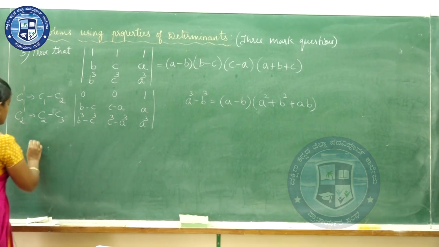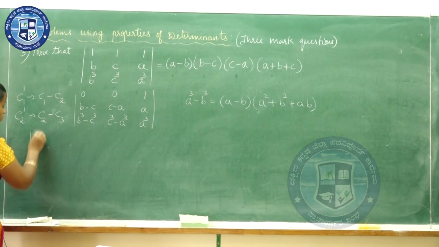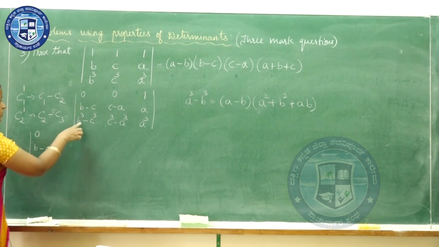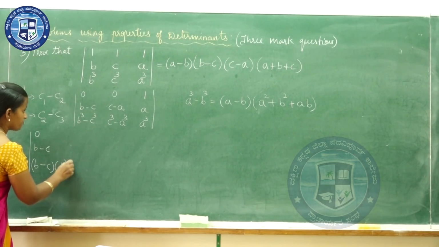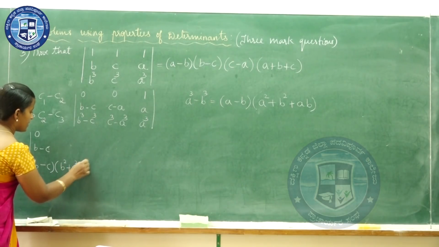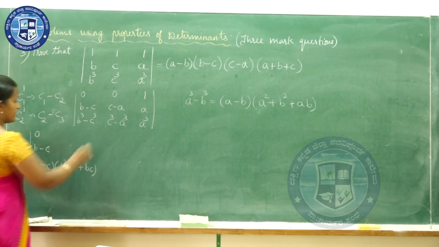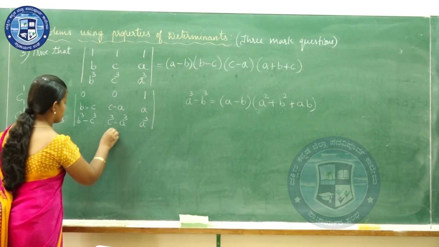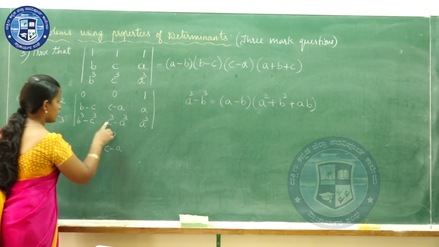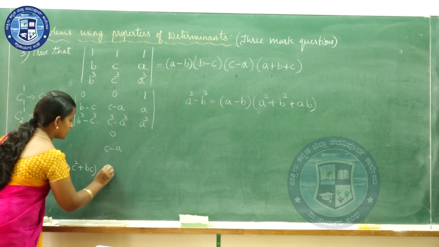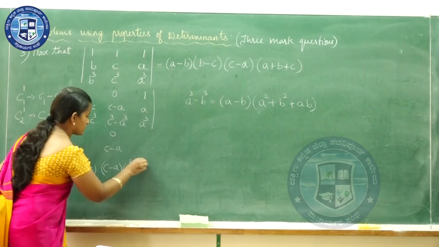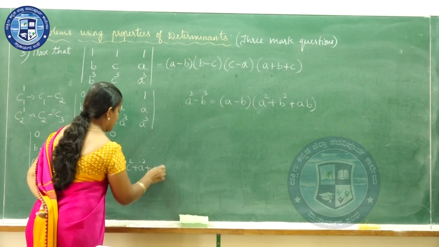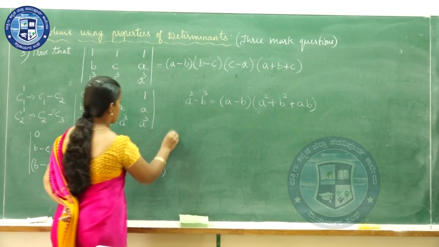So let us simplify this and write 0, B minus C, B cube minus C cube is, use the formula, (B minus C) into (B square plus C square plus BC). Then you have the second column 0, C minus A, C cube minus A cube is (C minus A) into (C square plus A square plus CA). Then the last column as it is